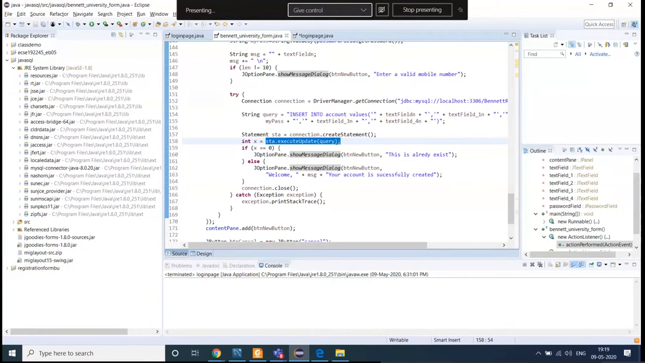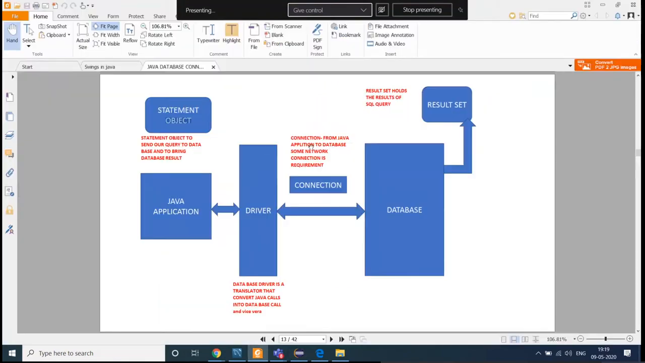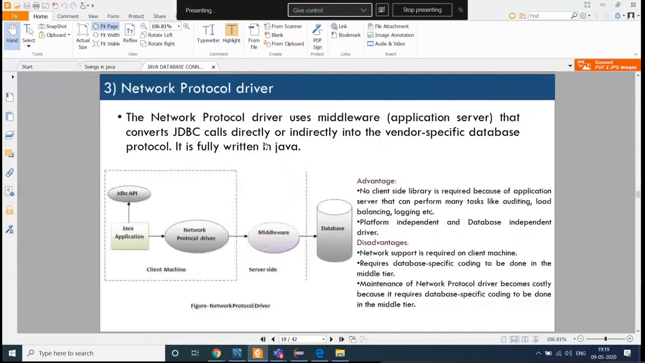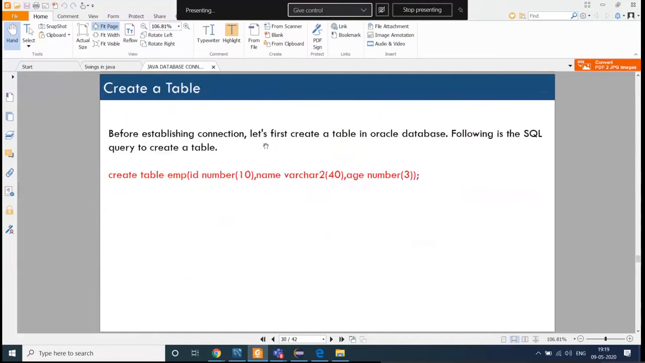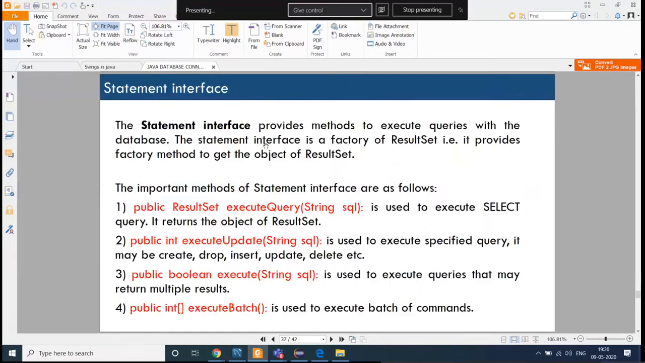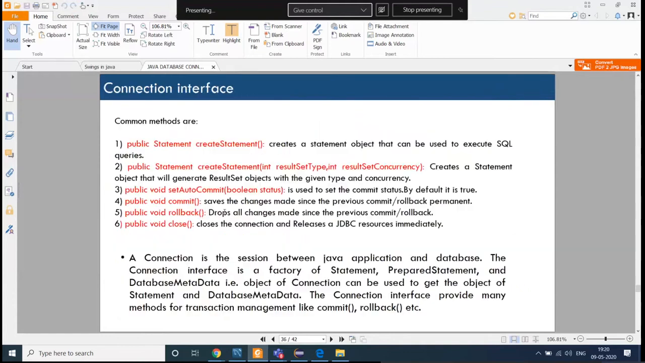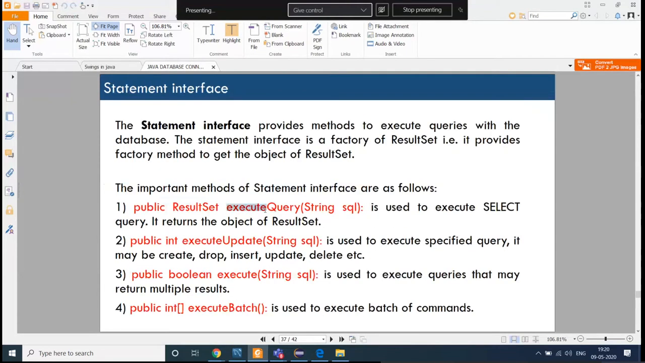So this statement is going to do what? This statement is basically executing your query, whatever operation you want to perform. Right now I want to perform your execute update method. So I can show you what methods are there if you want to use your statement interface. Okay, so you can see over there, these are the statement interface methods that are available. Your execute query,